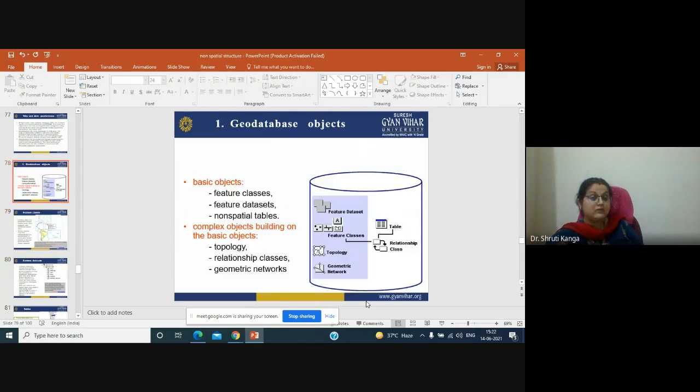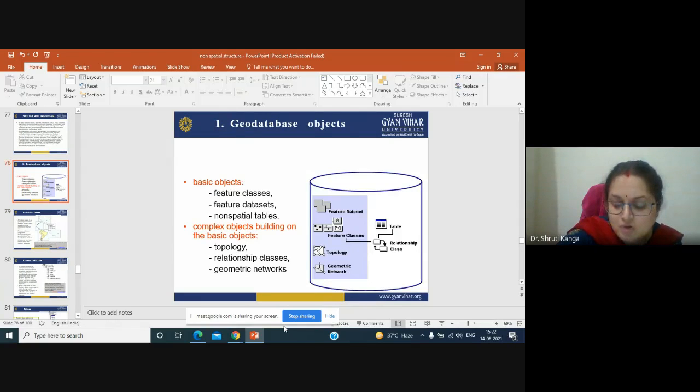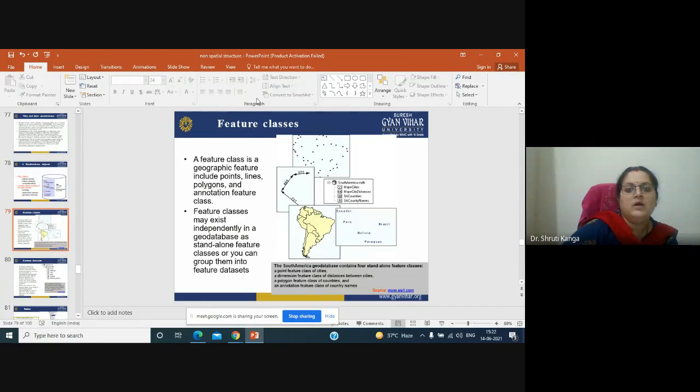So if we don't have geodatabases, we cannot go for these complex analyses. Firstly, we have to have these geodatabases, and based on those geodatabases, we can go for these complex building objects, which are also known as topology, relationship between the classes, and the various geometric analysis.